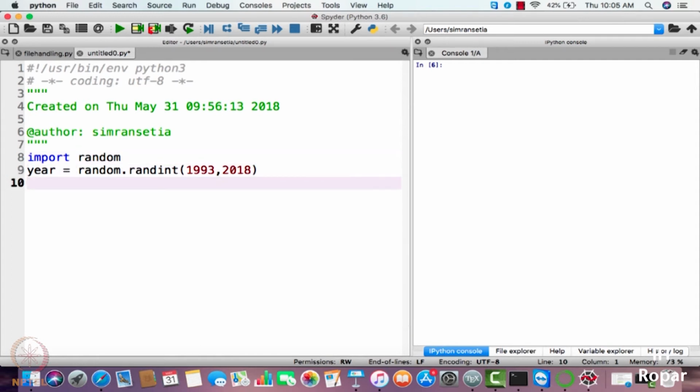Next, we have to write the proper code according to the pseudocode. So let us do that. I'll use if here.